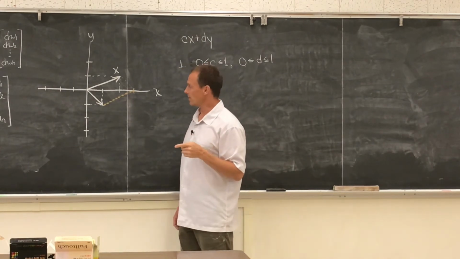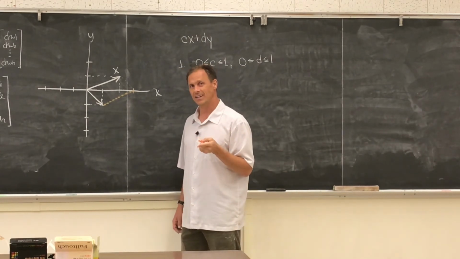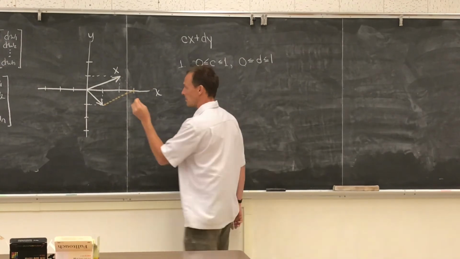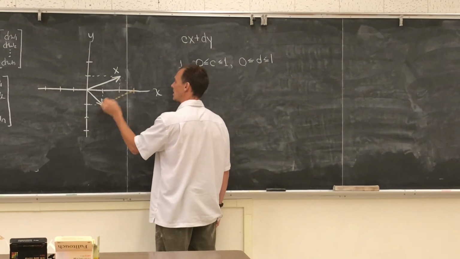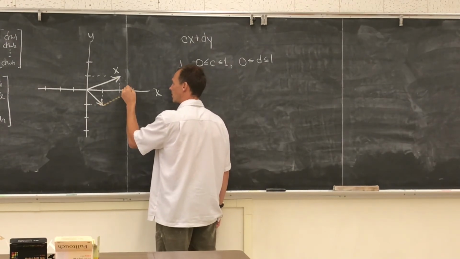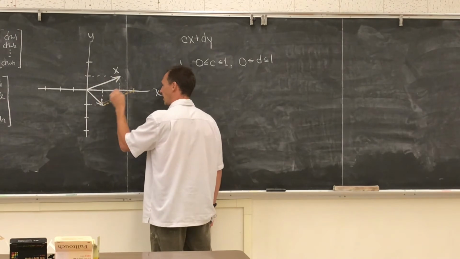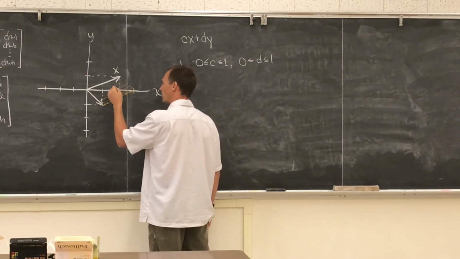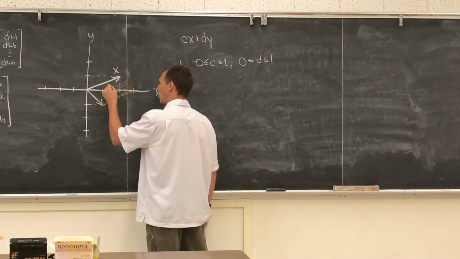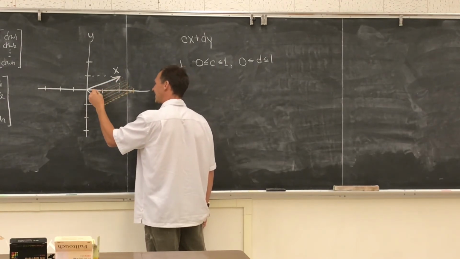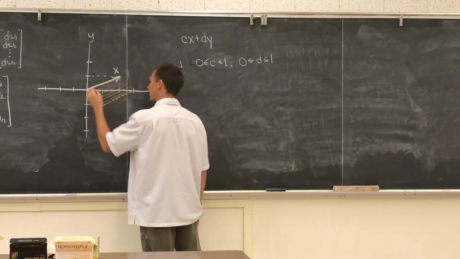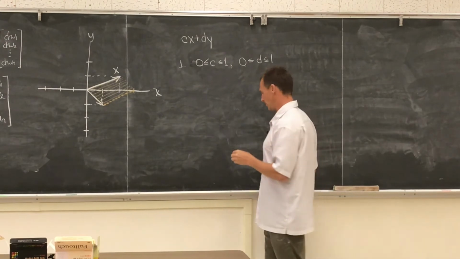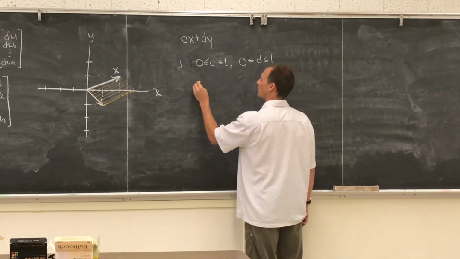Now, this time, what if we make d a little bit shorter, like maybe right here? And then we run through the same process with c from 1 to 0. Well, what do we get? We create another line. And as we keep making d shorter and then running through the same process with c, we start getting all possible points that are inside the parallelogram. Okay, so then what we want to do is see what happens